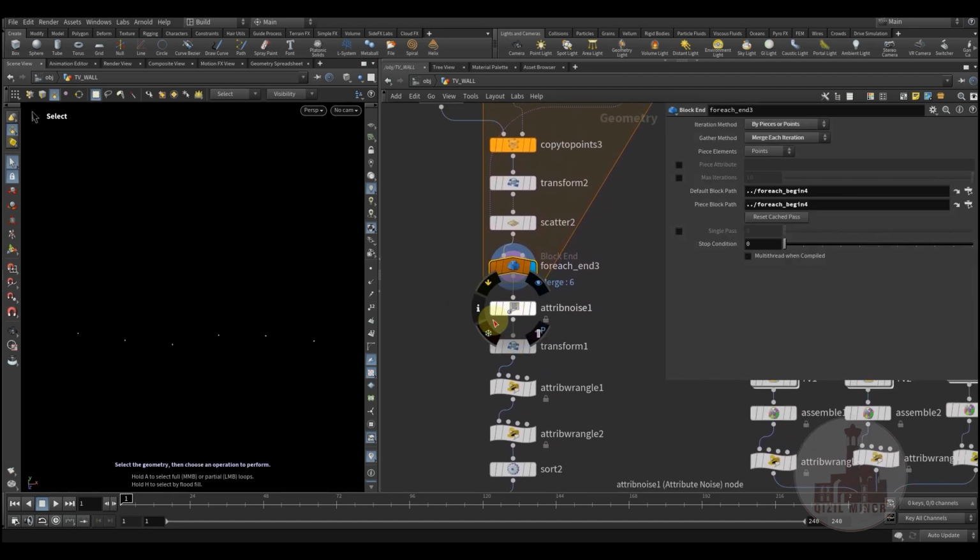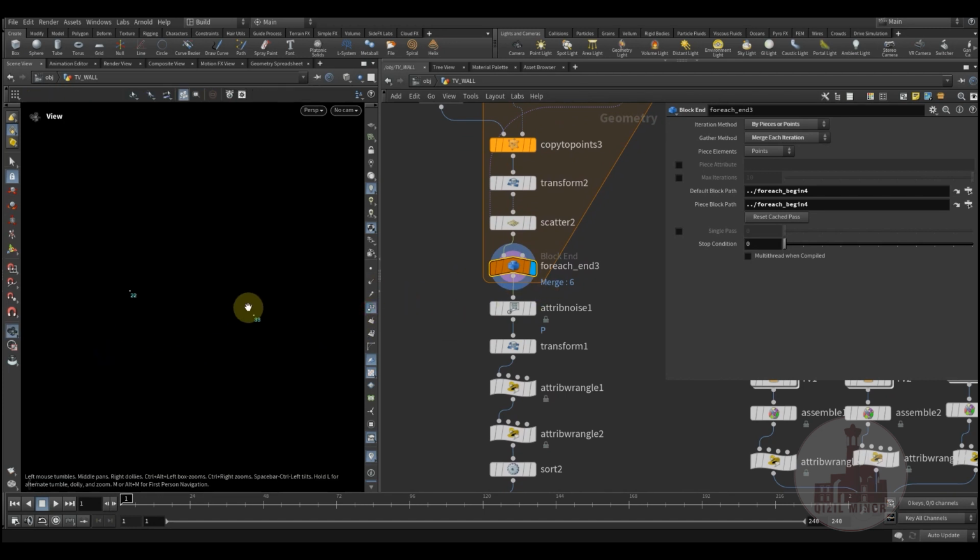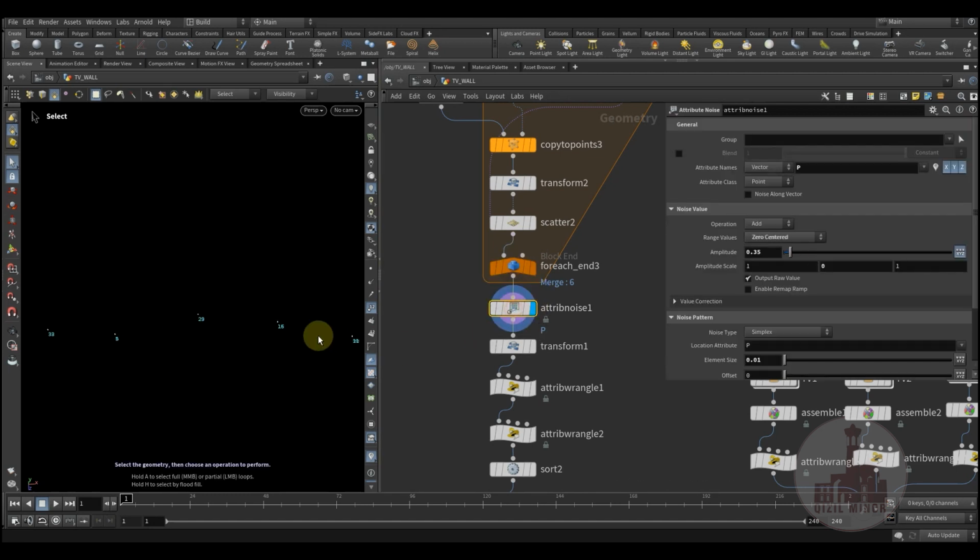This way I'm having a different quantity of points at each point placement. Here I'm applying some more noise,